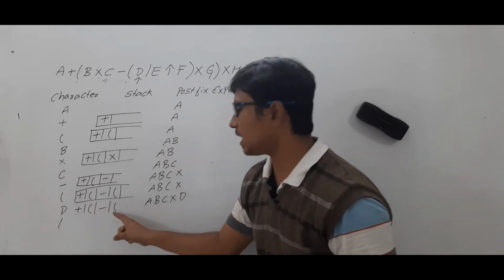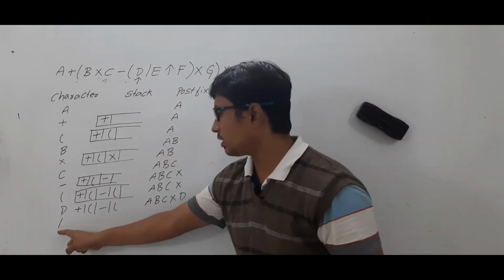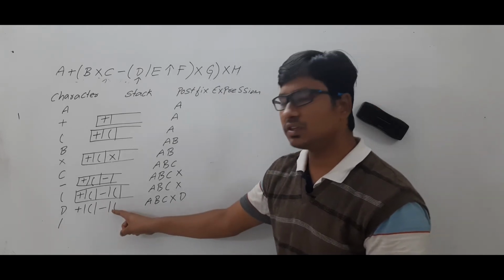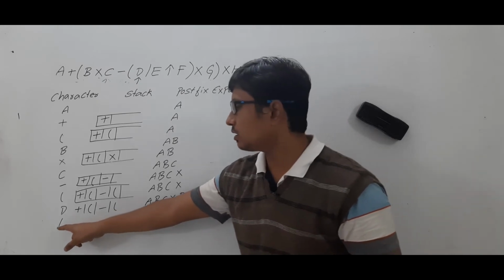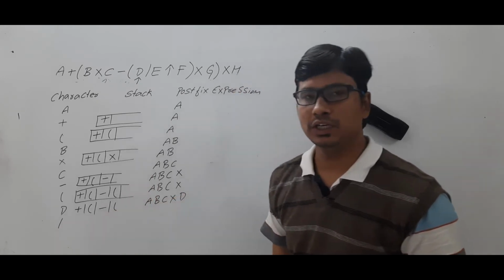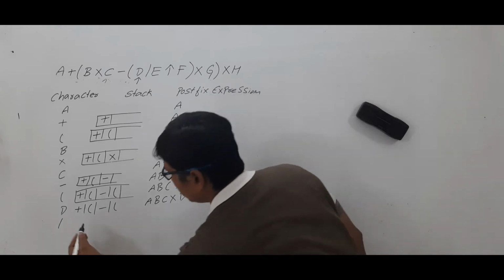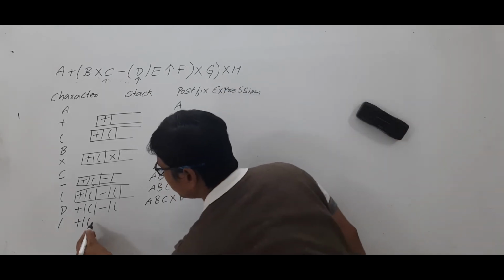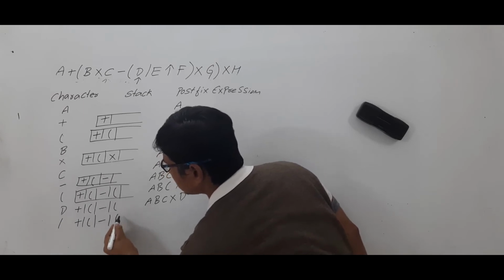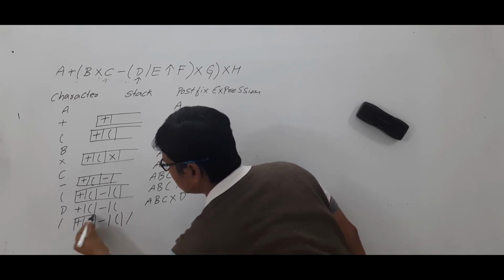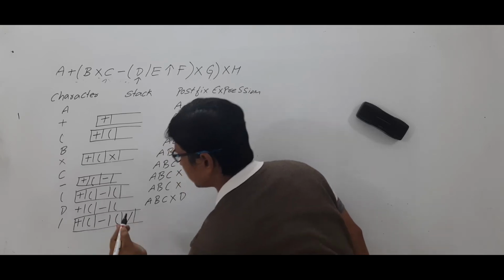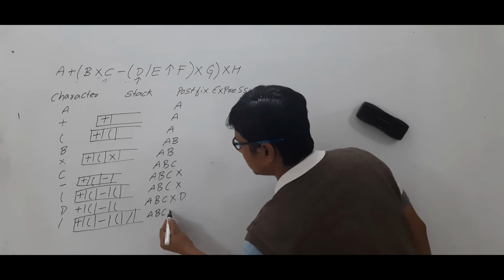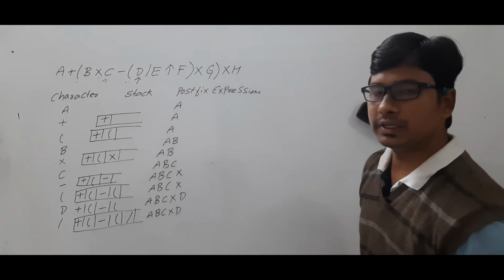Now the top of the stack is open parenthesis, and whatever you are scanning is a division. So what you need to do, if the top of the stack is a parenthesis, whatever operator you have scanned, you need to push it into the stack. If you push it, you will have the addition, open parenthesis, subtraction, open parenthesis, then division. So this is the stack elements currently, and the postfix expression is A, B, C, multiplication